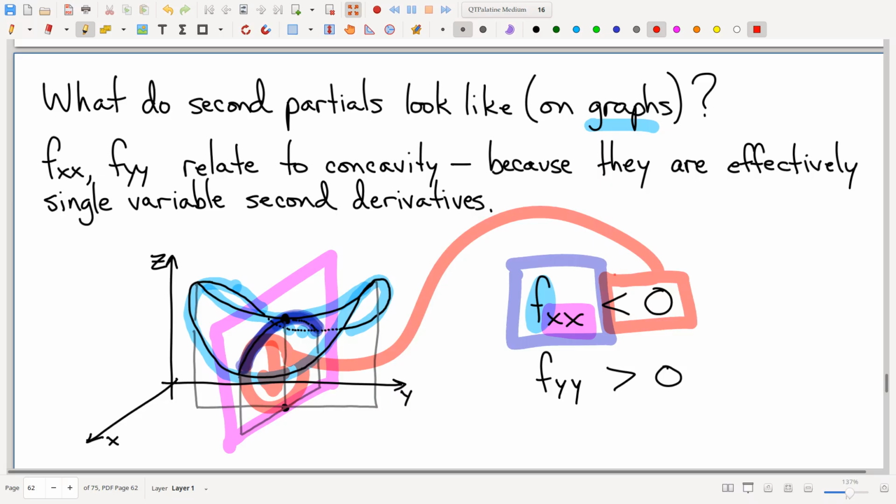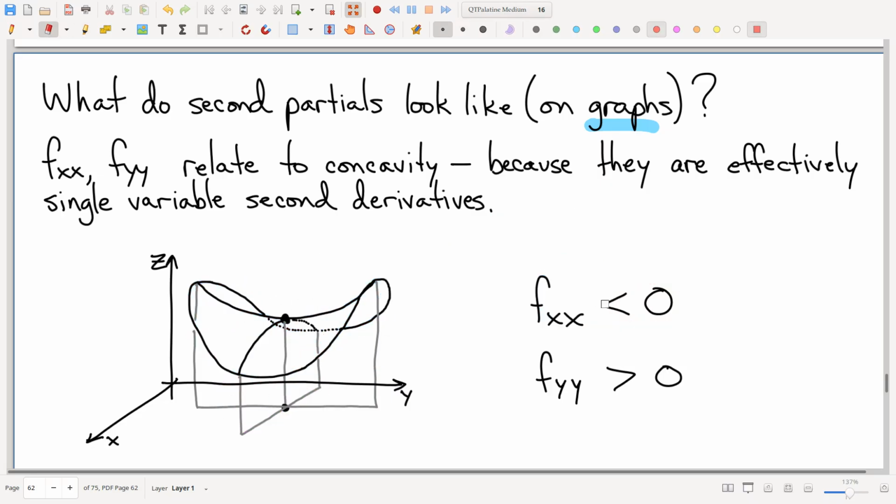Is everybody good so far? So now I said that in the language of the partial function, the function of a single variable only x. But now let's say the full story in terms of the original multivariable function. fxx, whether it's negative or positive, is telling you about the concavity of the vertical cross-section parallel to the x-axis. Does that make sense? And now there's an analogous argument, a little analysis that y'all can do for yourselves.